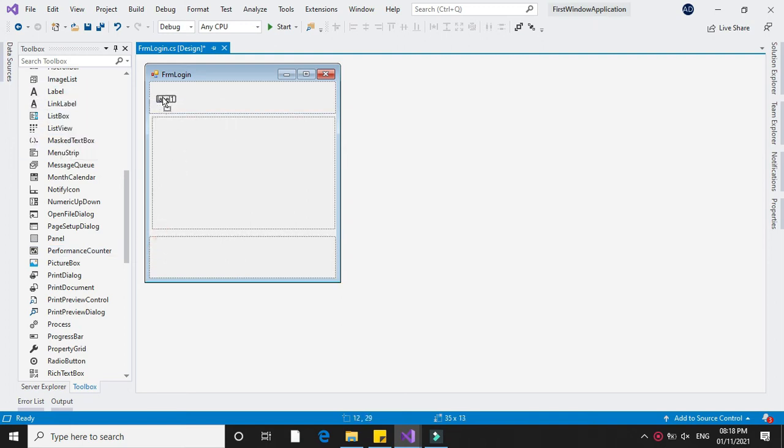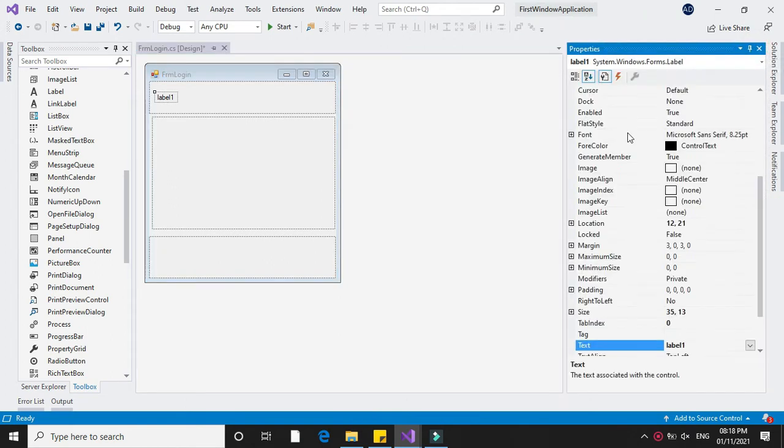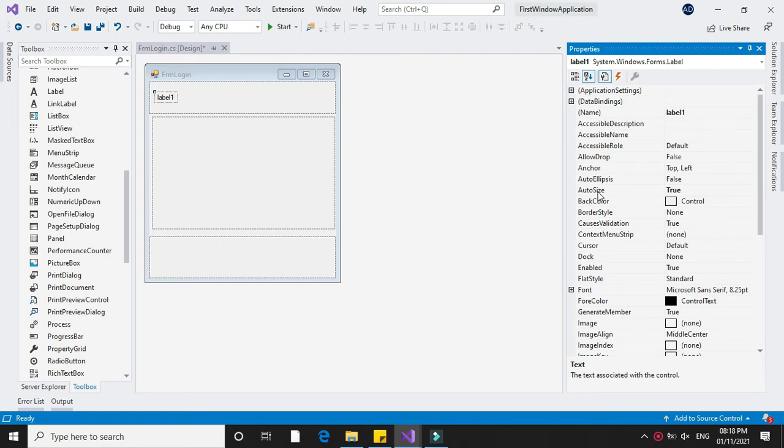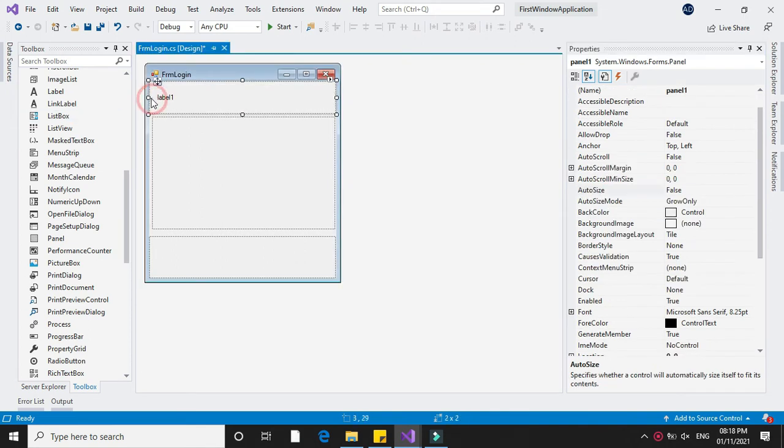For defining the function, add a label. Make its auto size property false. Set the width according to your form size.